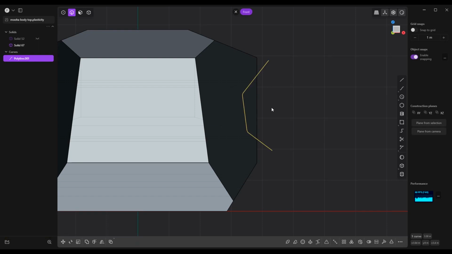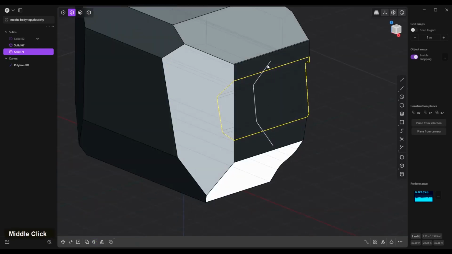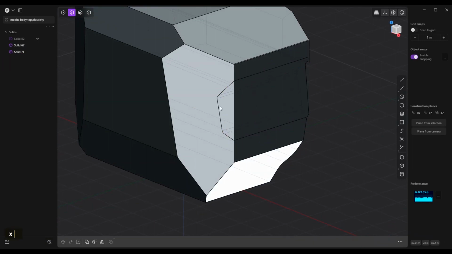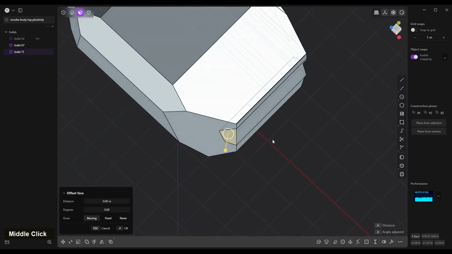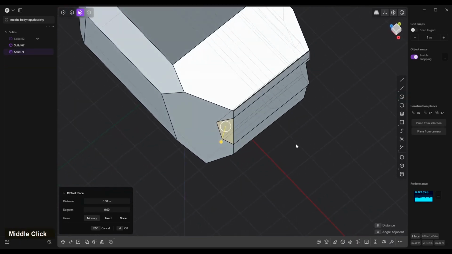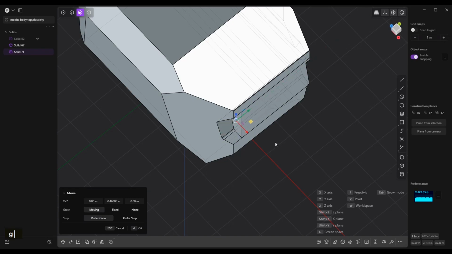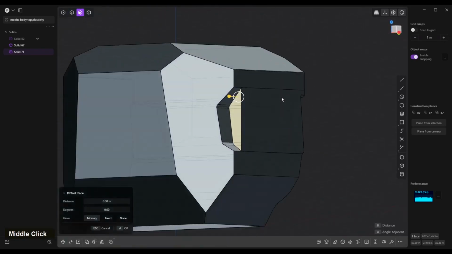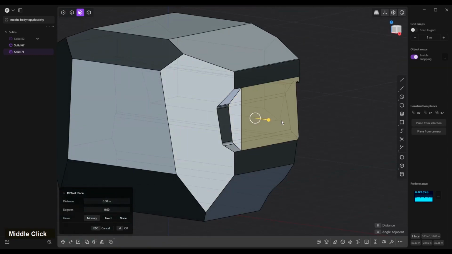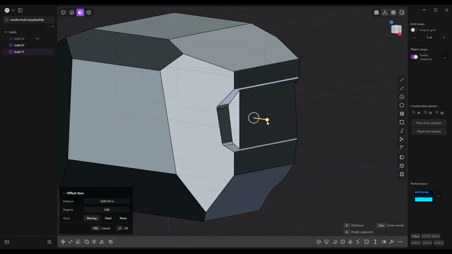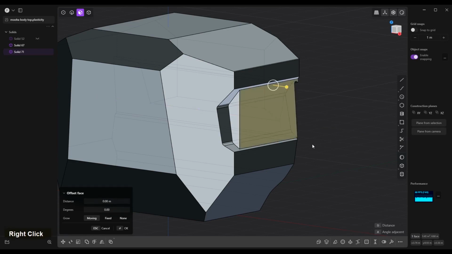Yeah, something like this, C to cut, select object, right click to confirm, then select curve, next to the lid, choose 3, and then rotate this surface, rotate, something like this, G, right click to confirm, let's try to extrude it, make it smaller, something like that, yeah, why not,